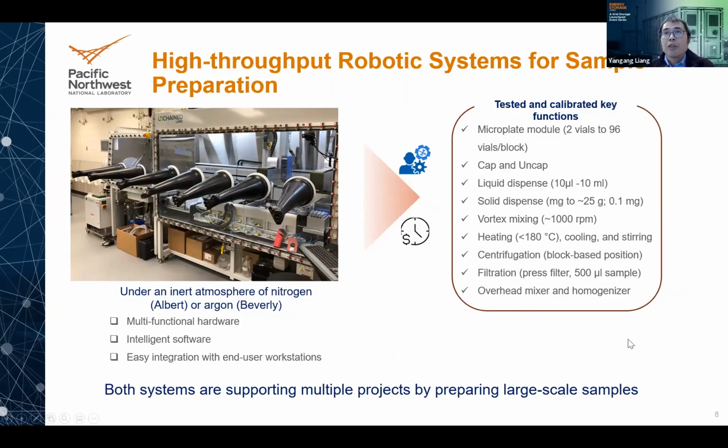It is perfect for our wet chemistry process. So far, both systems are very busy and they are helping and supporting many projects in our lab by preparing large amount of samples automatically. So after we have the capability to prepare large amount of samples, the bottleneck becomes the high throughput characterization